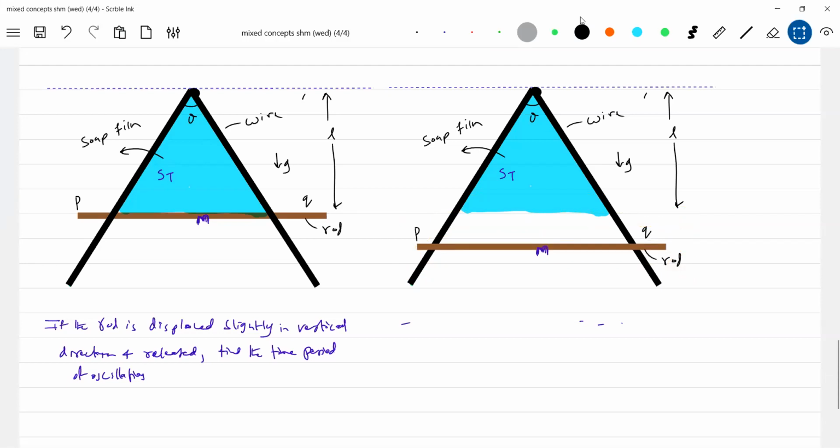Okay, try to notice. So like this, it is being displaced. From where will that additional soap film come? Go back to surface tension. I think the molecules which are there inside the liquid will climb onto the free surface. It's asking now, find the time period of oscillations of this rod. First of all, who will balance this weight? Who will balance the force due to surface tension?